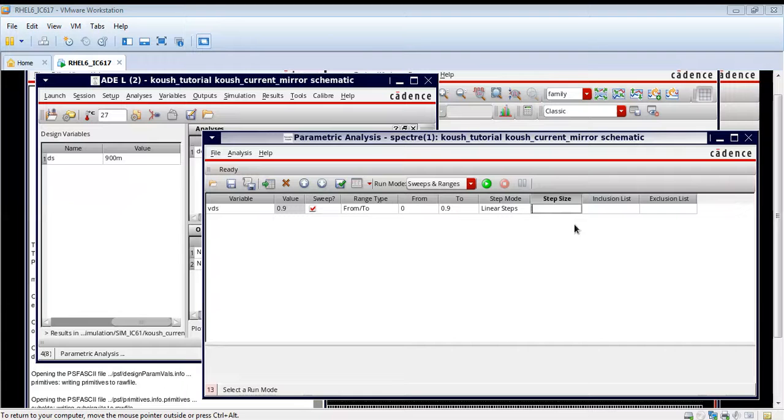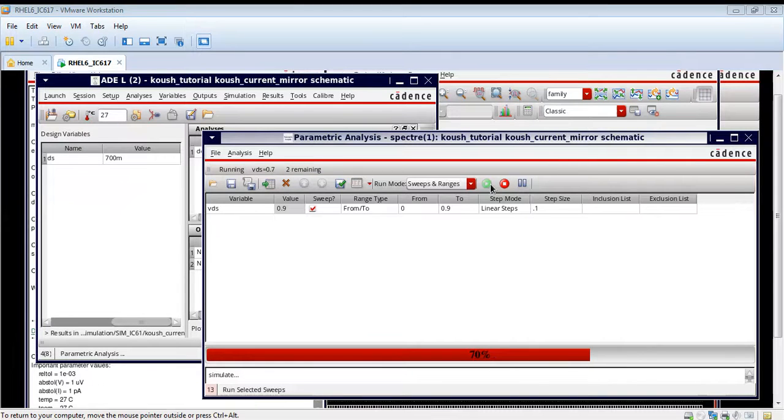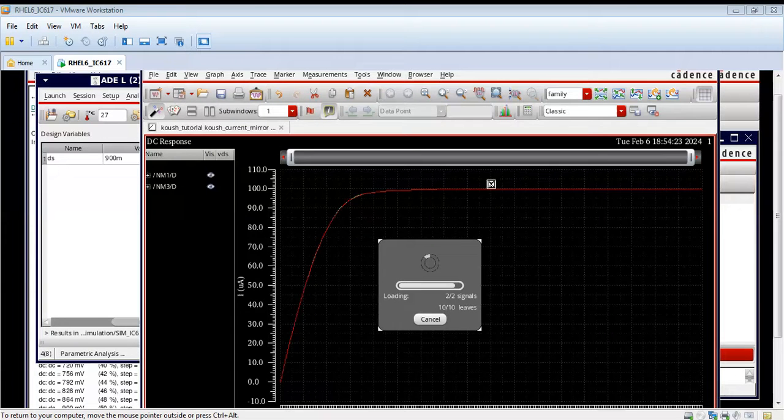You can take more steps also. I am showing it only for demonstration purposes. For more accuracy we can take more steps. Now we will run the analysis, and okay, actually I have not selected the region of operation, so first I will have to select that.